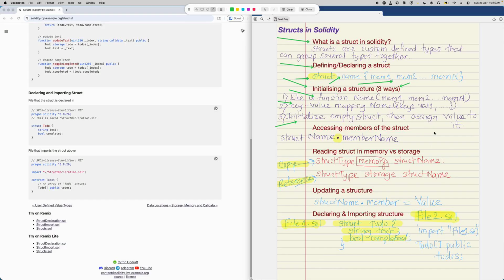How can you access the members of the structure? Name of the structure followed by dot followed by the name of the member of the structure. The structure can be read into two different memory locations. First is memory and second is storage. When you read it into memory, it is done via an explicit copy. When you read it into storage, it is done via reference. How can you update a structure? Similar to accessing, the name of the structure followed by dot followed by the member name is equal to the new value